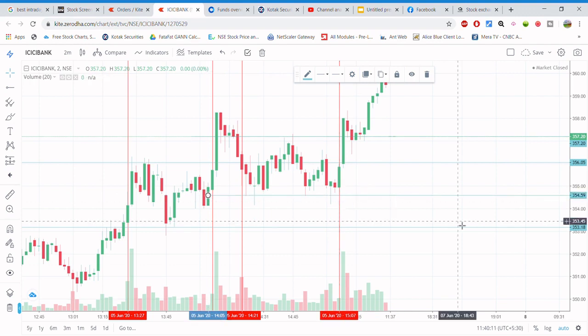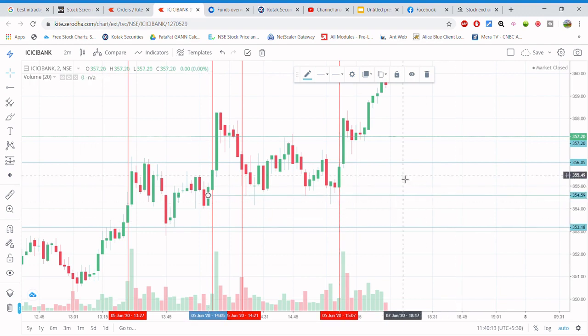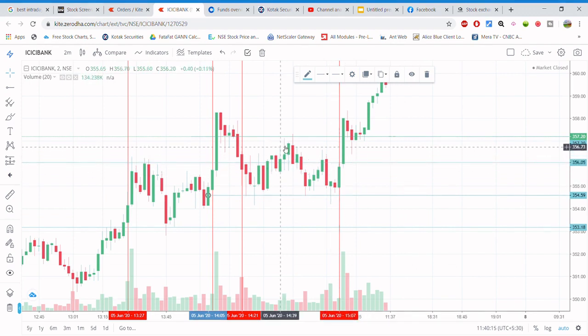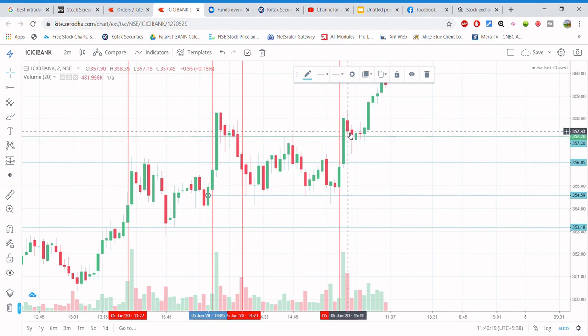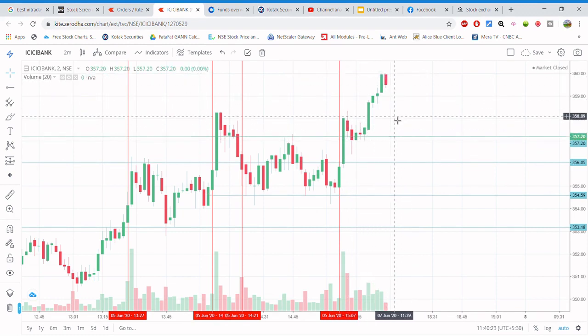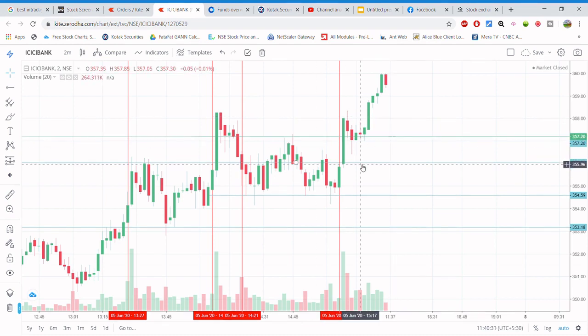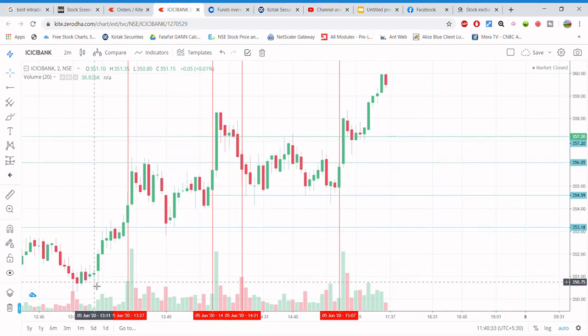Now see the second part of it. Once this break happened, it went up. There was a slight consolidation here, and it went up. But does it give me good information on whether I should take the trade? I will say no, because the movement I could see is good. If you just go from here, you can see it went up, and from here, if I just draw some kind of